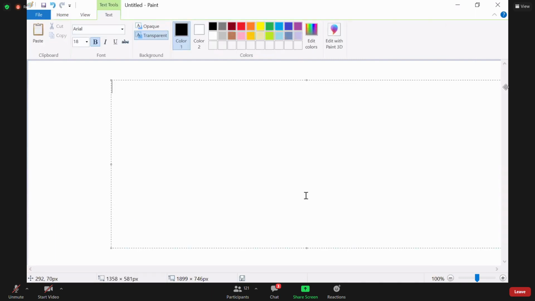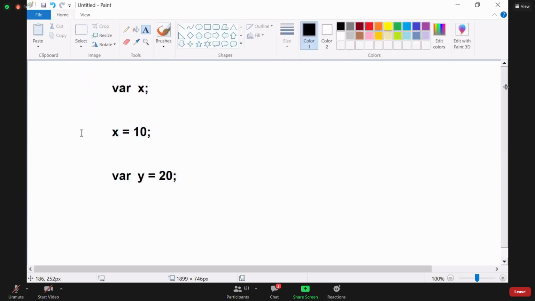For example, I define var x = 10 and var y = 20, like this. Generally, when people are learning some technologies, they often misunderstand some terms, and they follow the same misunderstanding across all technologies.